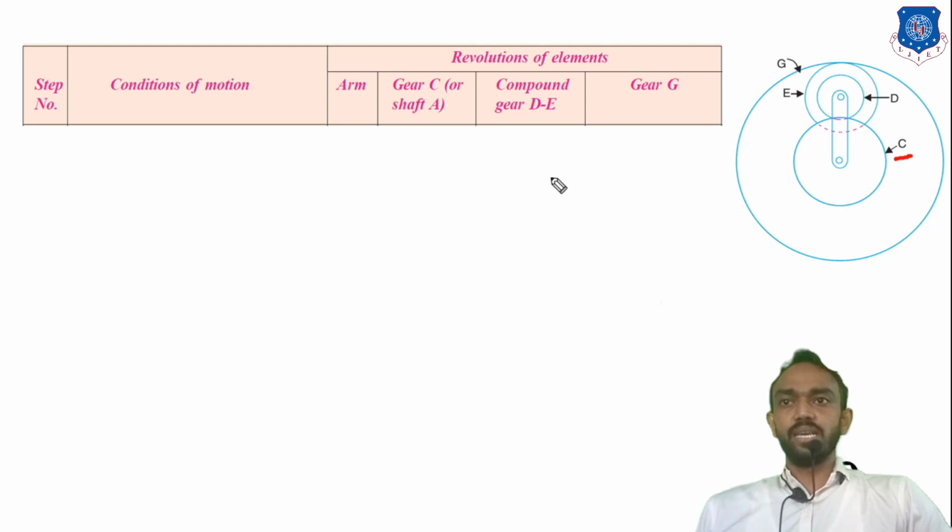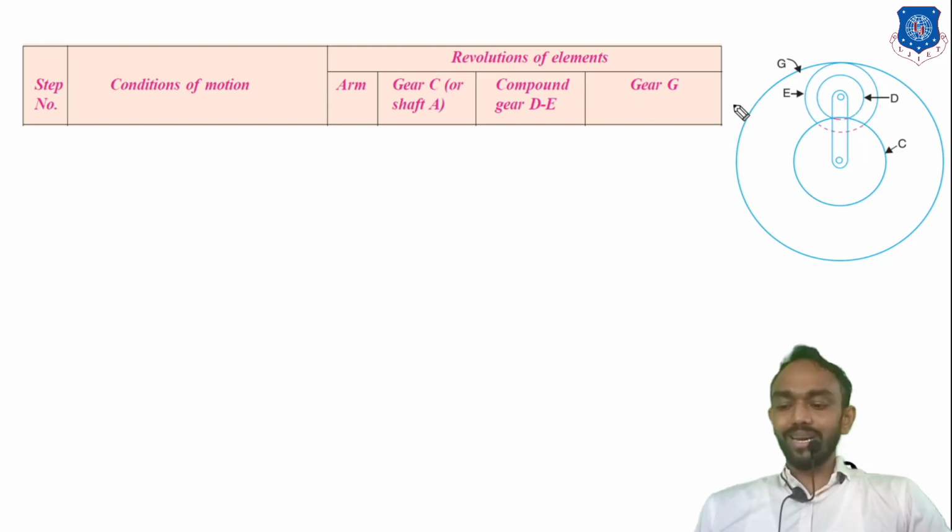We consider C. So there is a C, and the RPM for C is equal to +1, and for the arm the RPM is 0. C is connected to D. You can see here C is connected to D. So what will be the RPM of D? You know that it is driver upon driven. So driver is C and driven is D, so here it will be TC upon TD. Okay.